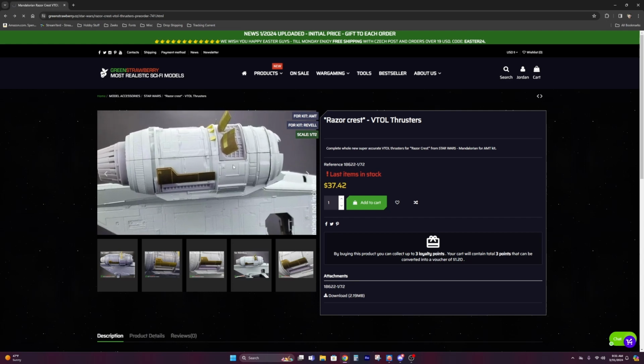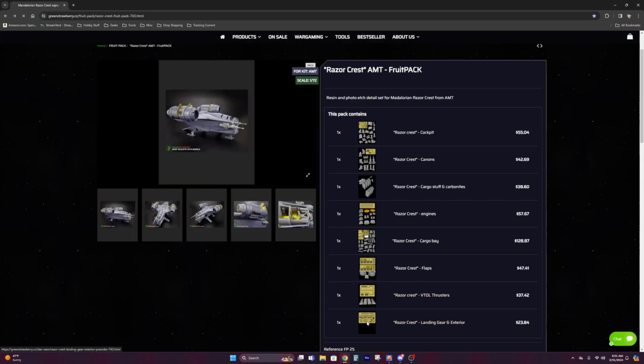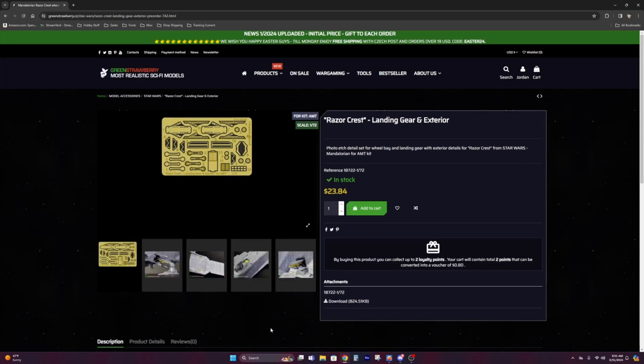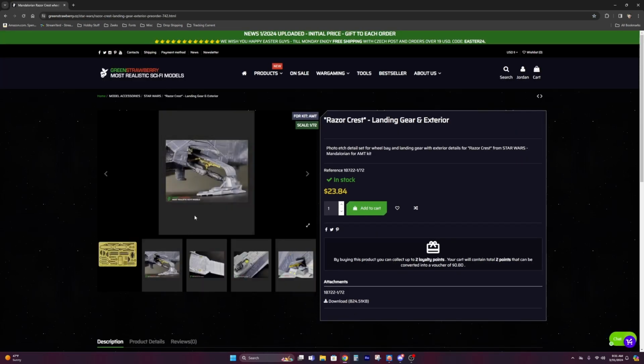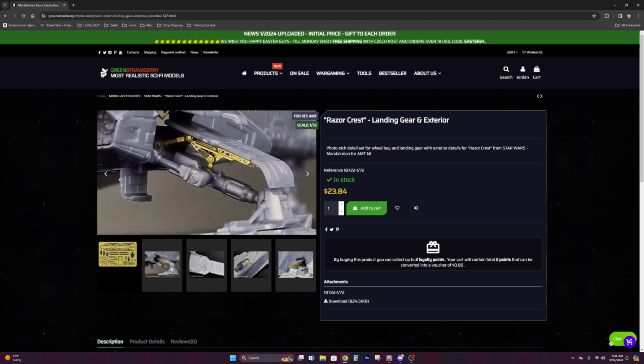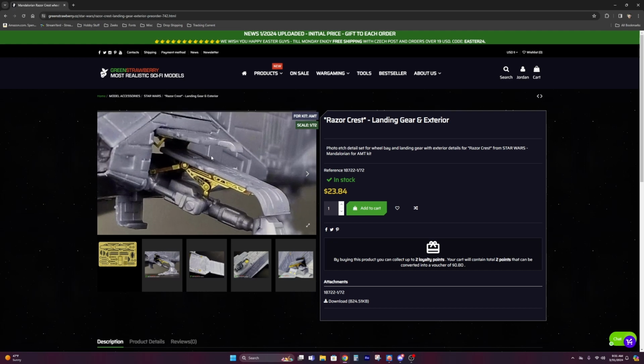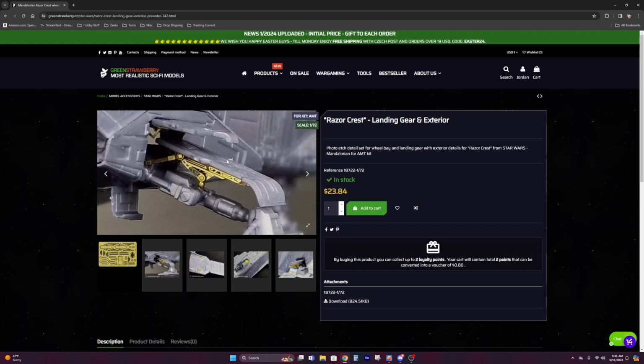Then, I think we have landing gear and exterior, and this is a fairly simple mod, but what this does is it provides specifically more accurate detail inside the landing gear itself. So you can see here, we've got all these metal pieces, and we're going to be painting these a slightly different color. I'm probably going to pick up,